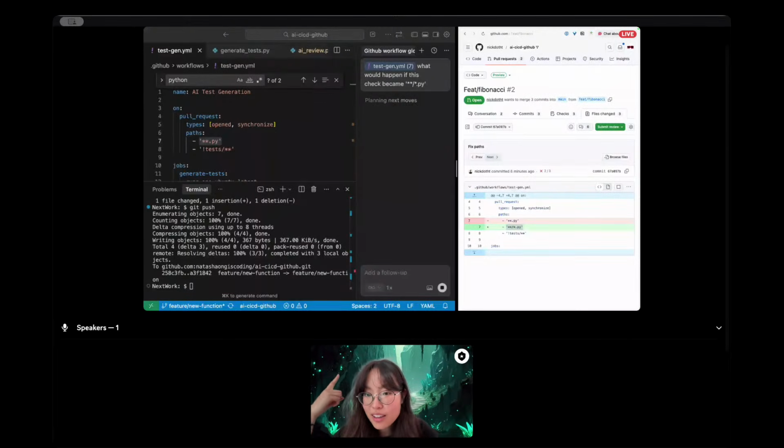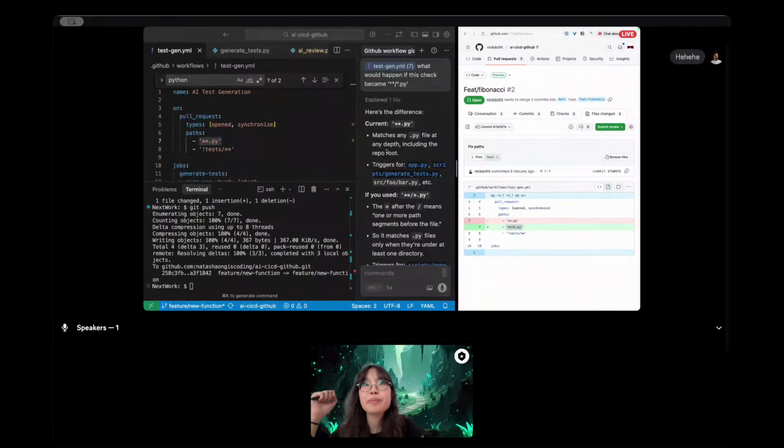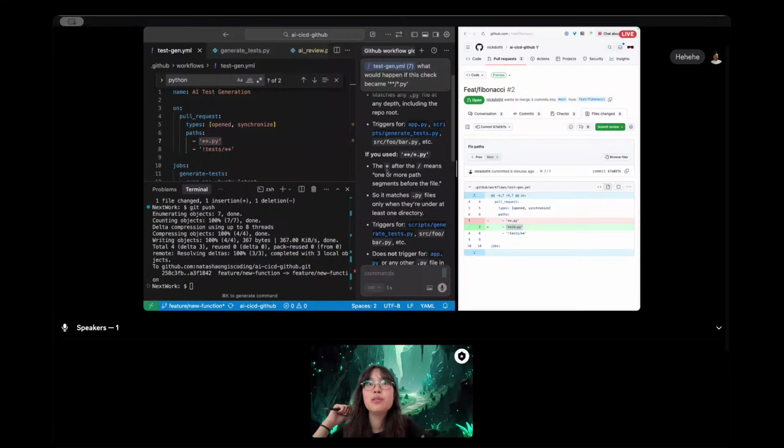We learn by trying. And yeah, these quotas are biting us, aren't they? So no worries, use my account as a guinea pig. I would be very happy to test this together. So if we used the extra star after the slash, it means one or more path segments before the file,